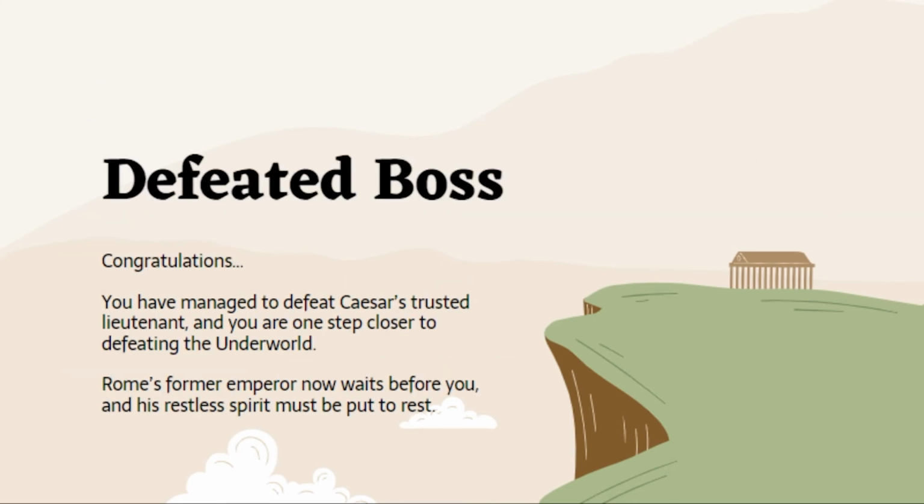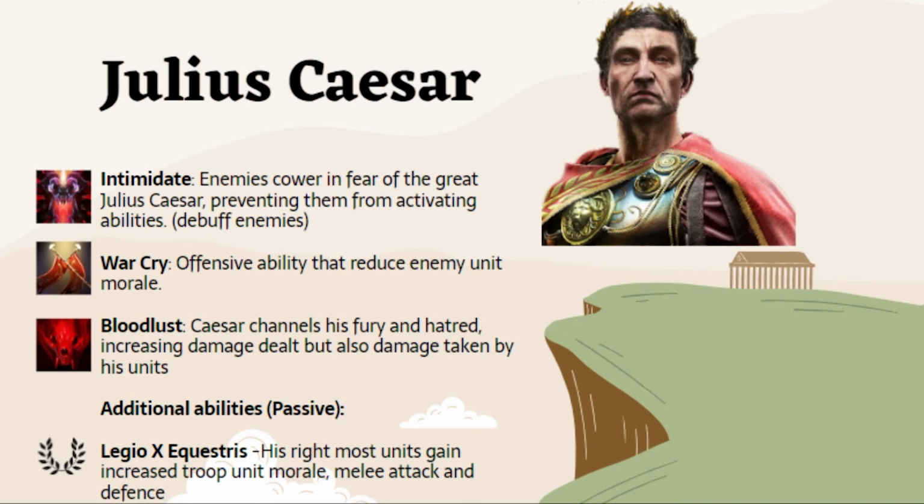With his history with Egyptian Queen Cleopatra, he holds certain sway over Egyptian troops and can call them into battle. Next up, the great Julius Caesar, who is a great character in his own right, but is now corrupted by hatred and vengeance. Against the great conqueror Julius Caesar, your player troops cower in fear for their lives, as who doesn't know Caesar's military prowess and endless victories? Thus anyone who stands in Caesar's way usually fails to obtain a good ending. His passive links to his most trusted legion, the 10th Legion, which he always placed on his right flank. These elite troops are much stronger than usual soldiers and bring about Caesar's victories.